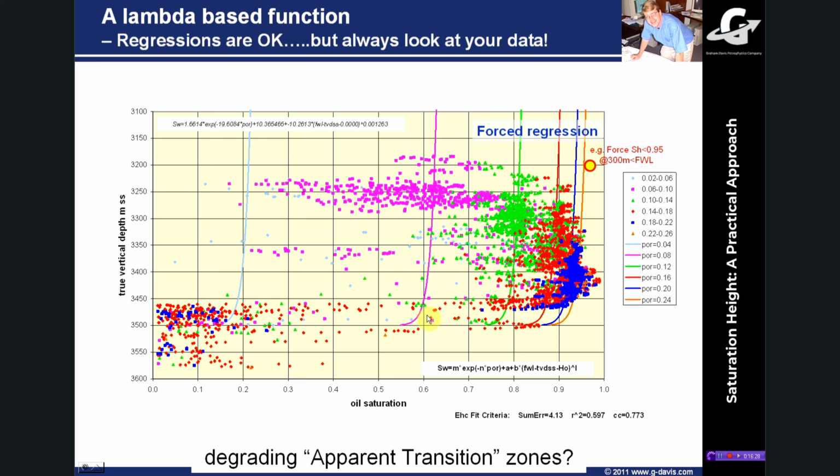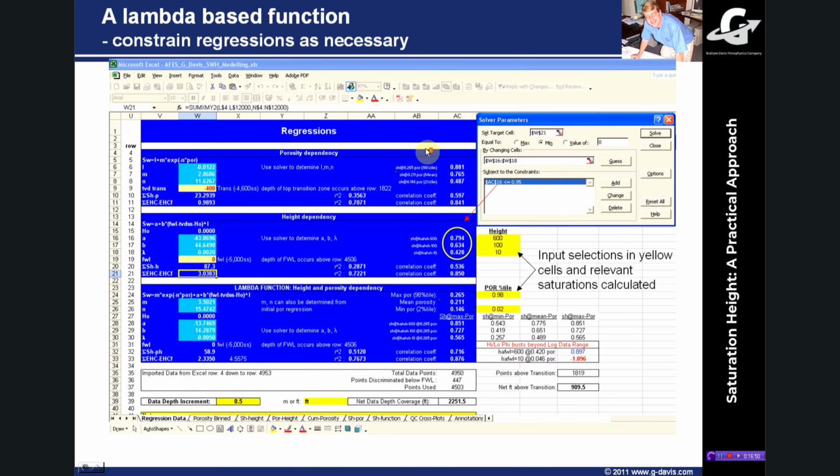Furthermore, you could probably play around with the free water level. Arguably, there might be a shallower free water level here that you could fit through this cloud. But again, you have other offset information for picking that free water level, and those are the sorts of games that you can play around with. I guess I'm just trying to show you the tools that you can use to sometimes force a more intuitive answer.